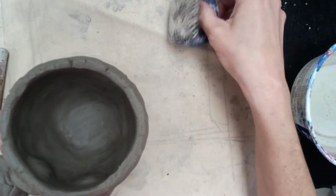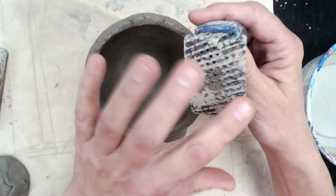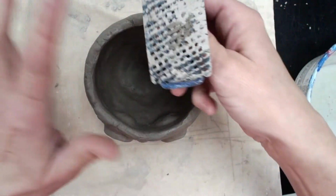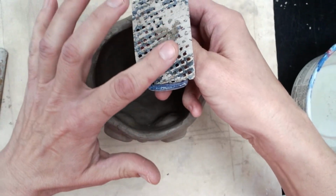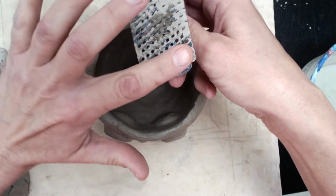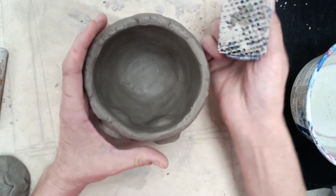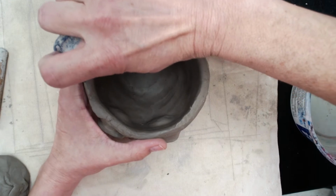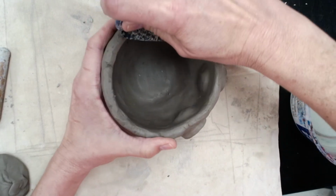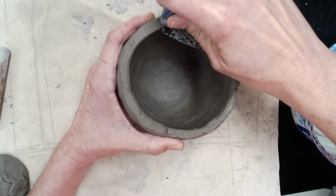So this is called the drywall scraper, and it's a tool that is really great for pottery. You need to figure out which way the drywall scraper is going to scrape. So it's just like a cheese grater actually. So if I grate this way, I can tell that it's going to grate the clay right off the rim. If I grate this way, nothing's going to happen. So I'm going to hold my pot steady, and then I'm going to take it and run it across the top. And usually when I do it, I like to turn my pot, and what's happening is